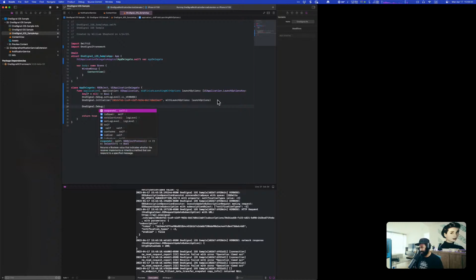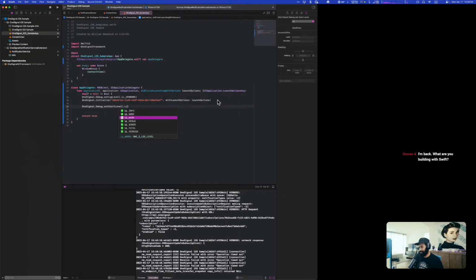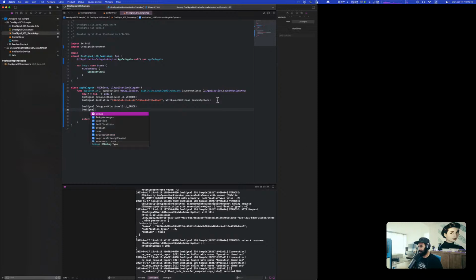So I've already done setLogLevel. There's also a setAlertLevel, which takes a log level. So we'll do warn or error. I'm not actually using these, I'm just enumerating them so that we can see all of the things that are possible without me having to go and look at the docs every time. All right, so we're done with the debug namespace because we have the two.